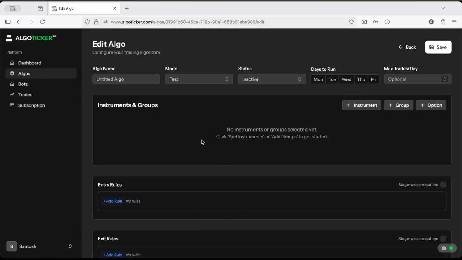So in today's video we are going to see how to create your own algo. So basically you can go to your algos page, then create algo. In create algo you will see this particular screen, then you can name your algo, then you can select test or live. Test is basically for forward testing. I recommend you should test your strategy first, to check whether your conditions are properly working or not, and then basically go for